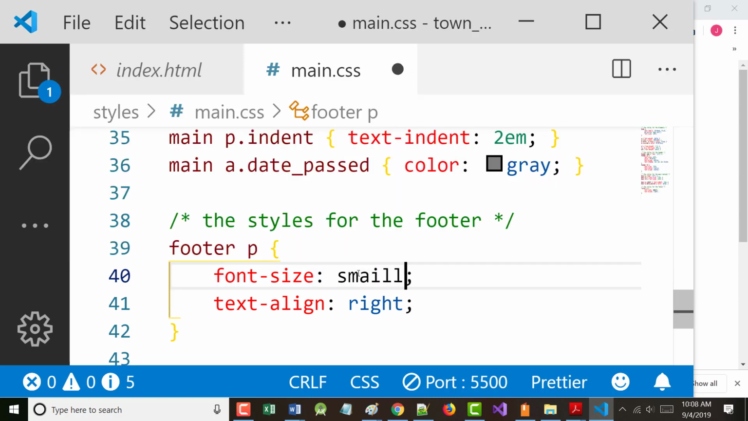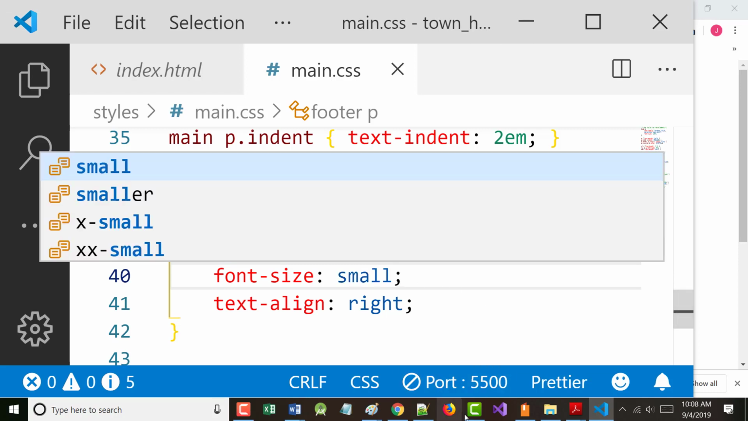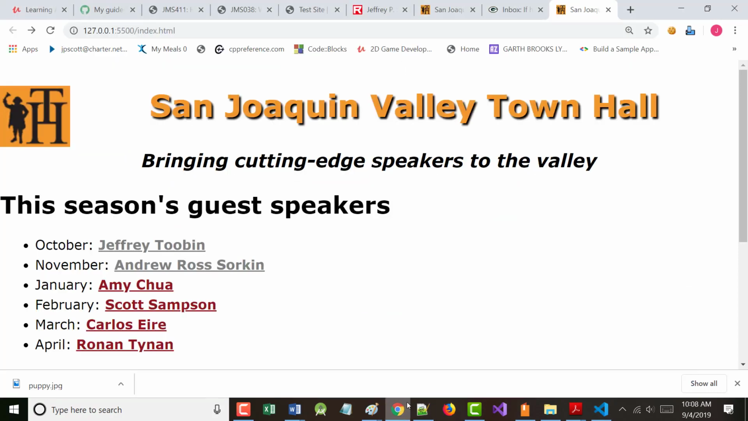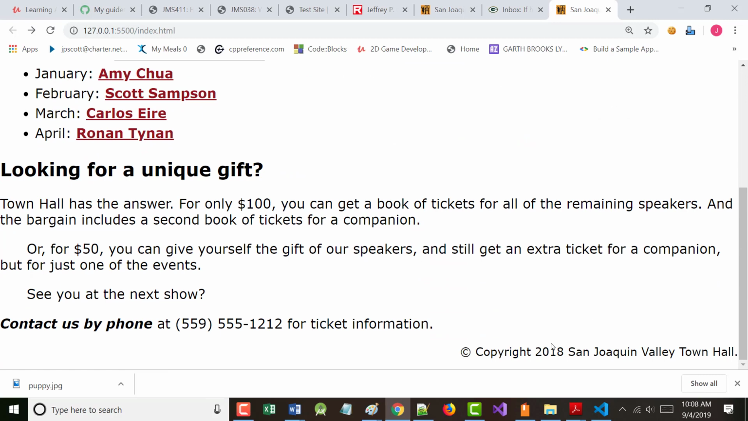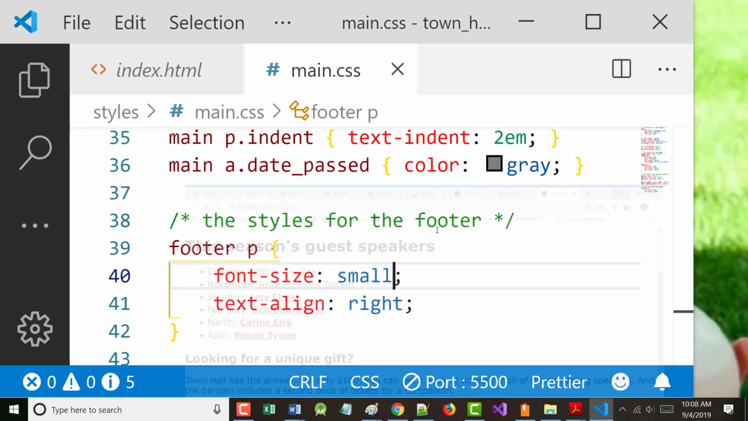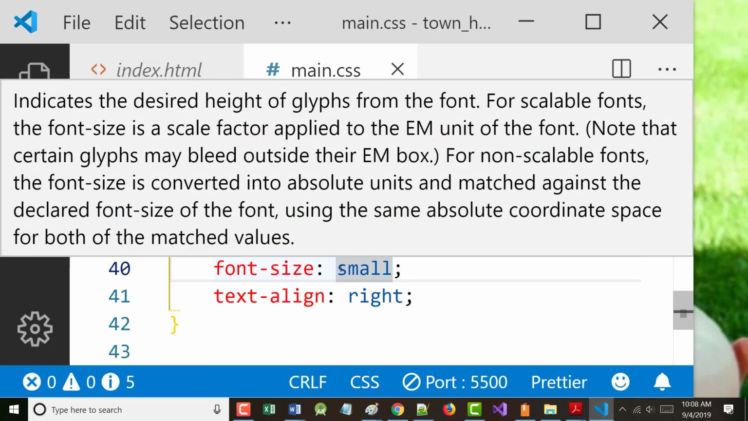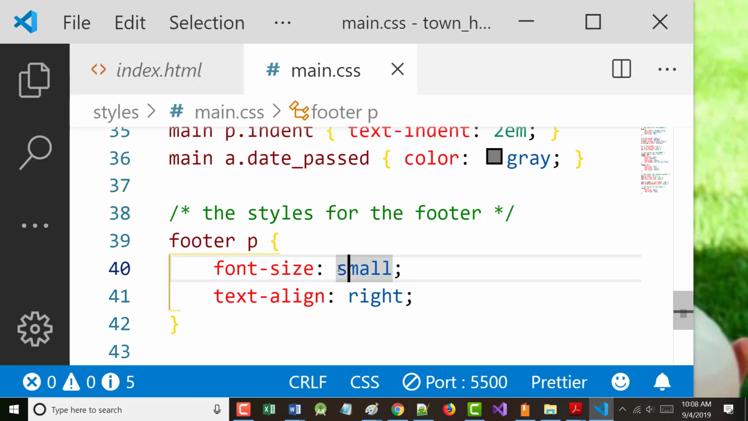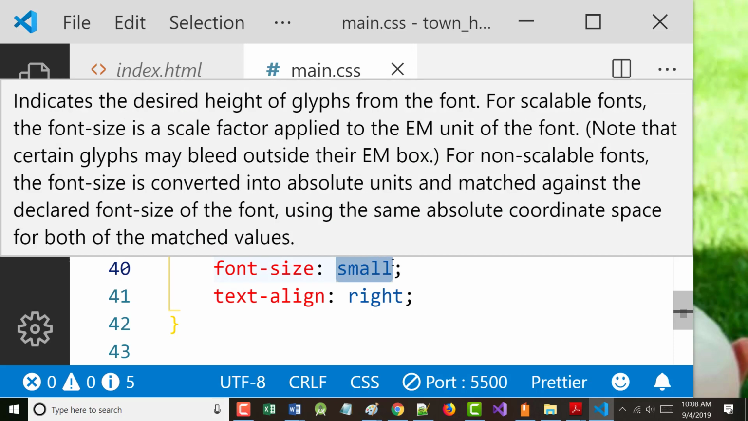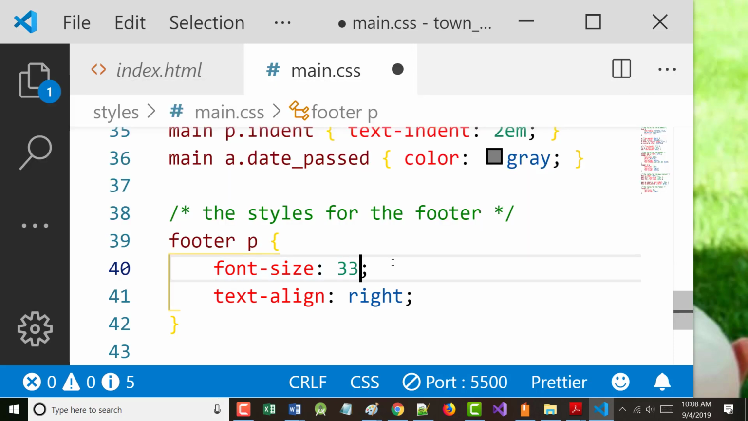Font size small, not small. Why did I show you that? Because you oftentimes see that. Okay, why is it not showing me? Let's see. Small should work. All right. But if we make it real small, like 33%,